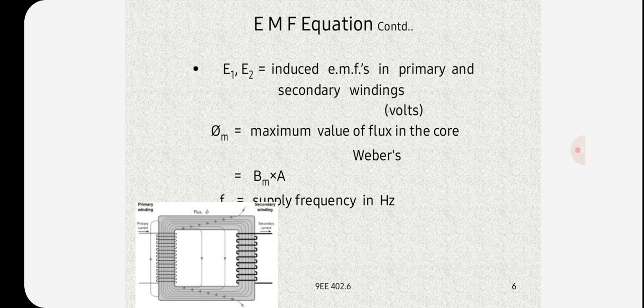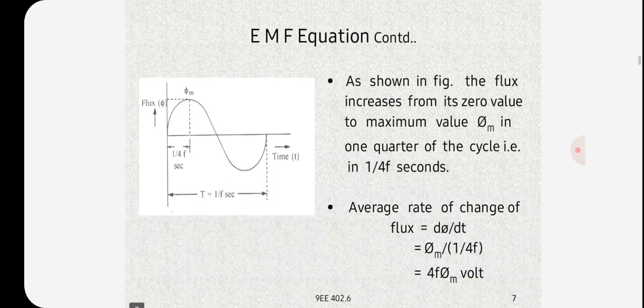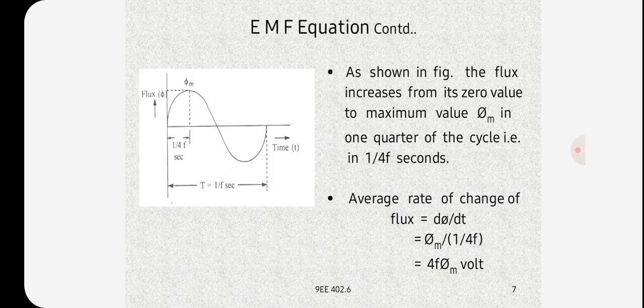In the EMF equation, we can calculate the values of E1 and E2. The two equations are the same, but they differ with the number of turns. Here, just observe the sine wave. When we give the voltage to the primary, the flux will start from 0 to maximum flux. So this will happen in